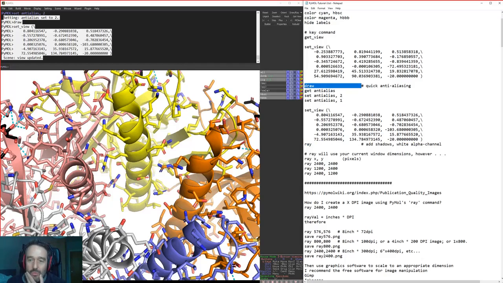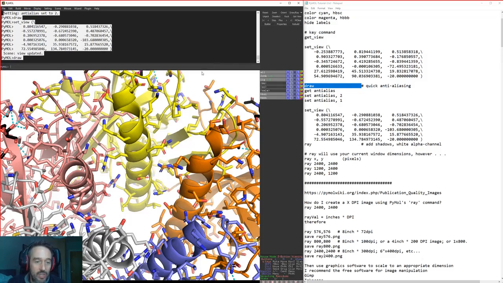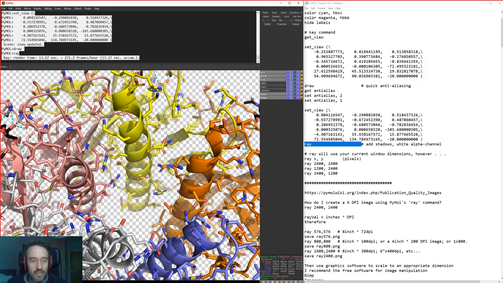If draw is not very impressive, which to be honest it isn't, because all it really does is apply the anti-aliasing, what people will generally use is the command called ray when they're making their images. If you do ray, it takes a little bit of rendering time, but it also applies reflections and shadows and things like that. You can see here we've got shadows now inside the helix, shadows cast onto this beta sheet here. It puts on our alpha checker so that our alpha channel is white, which means that basically all things in here that are white are transparent.